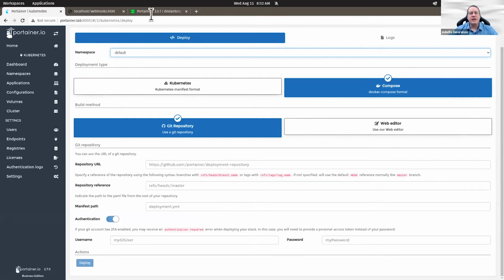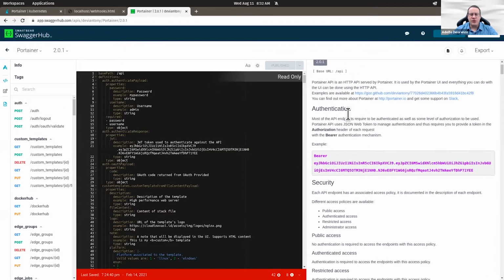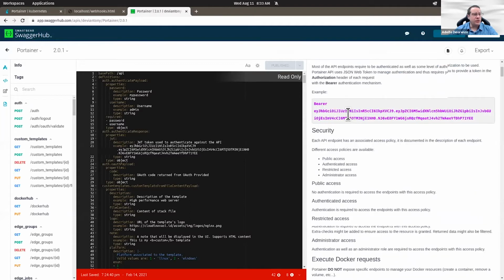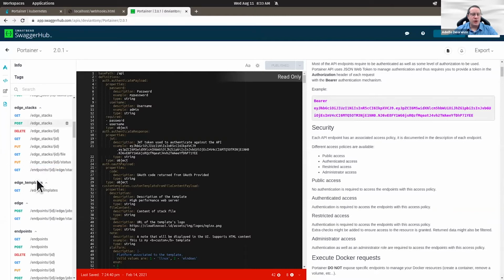In terms of APIs, you can go into our Swagger Hub, and you have a list of all the API calls that you can use, not only on Portainer Community Edition, but also on Portainer Business Edition. And here you see that we support not only Docker Hub in terms of API integration, we also have our